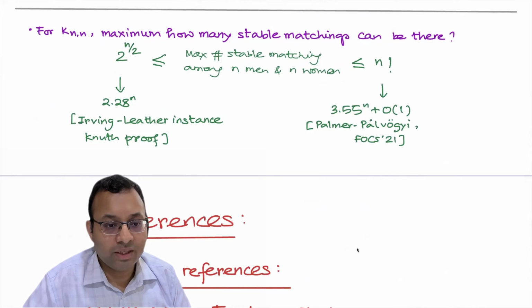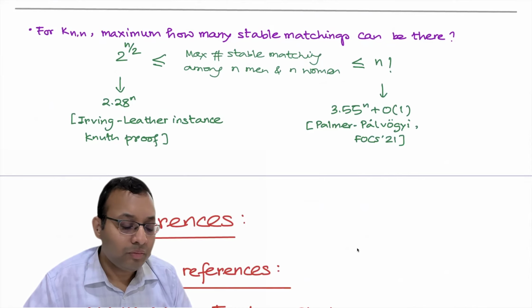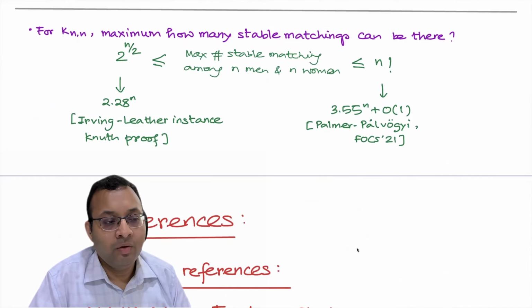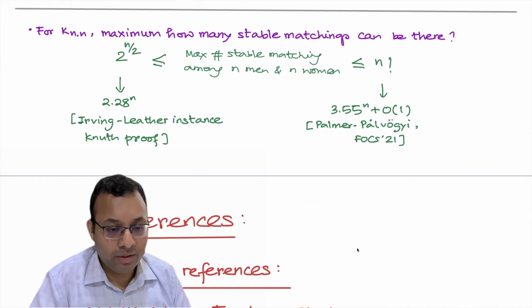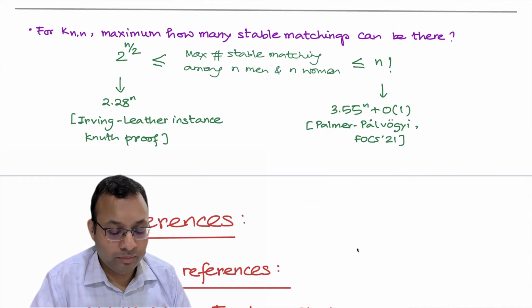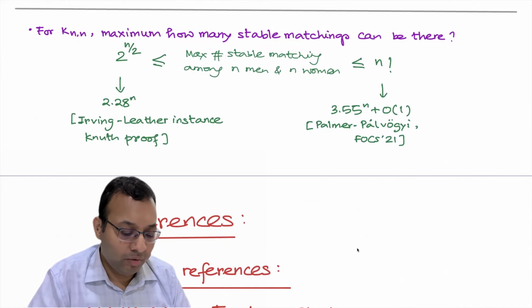What is the trivial lower bound? We already had this tiny example where there was K2,2 and there were two stable matchings. Similarly, if we have the K n,n case, we can break the graph into n by 2 pairs of K2,2. For each of them, we have two stable matchings. So we get 2 times 2 times up to n by 2, which is 2 to the power n by 2. And then there is some improvement, of course.